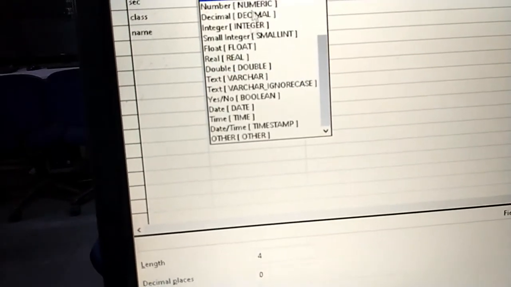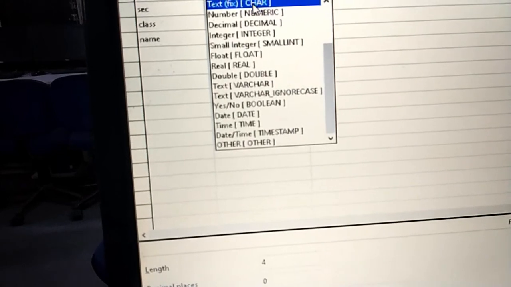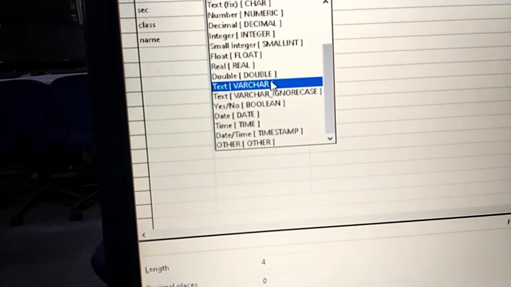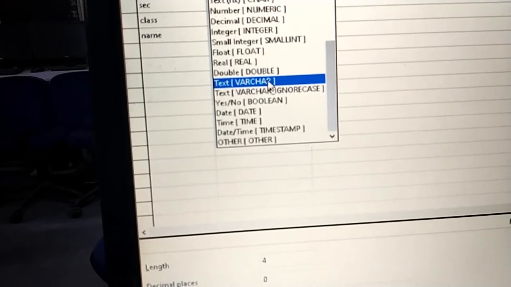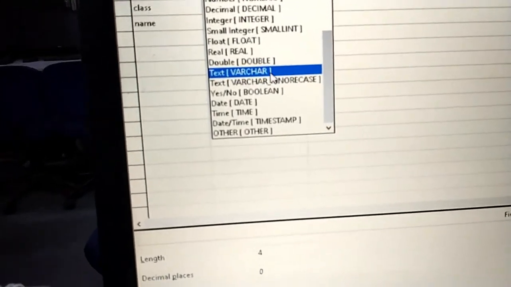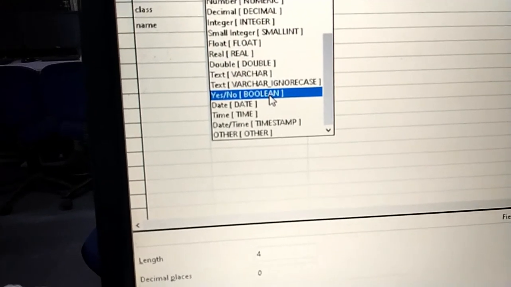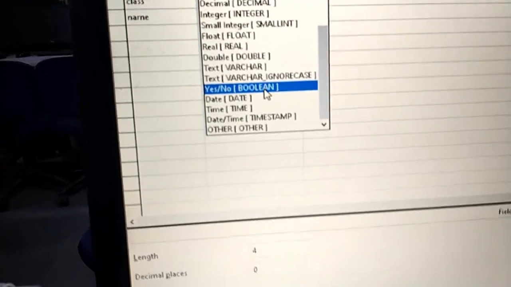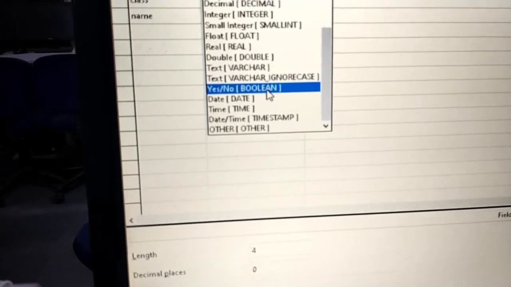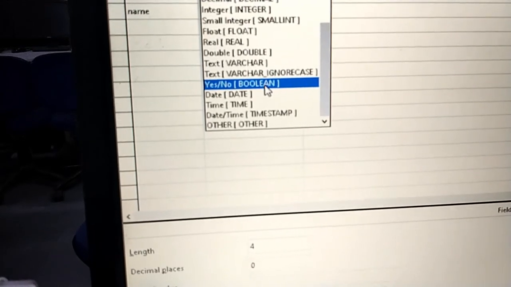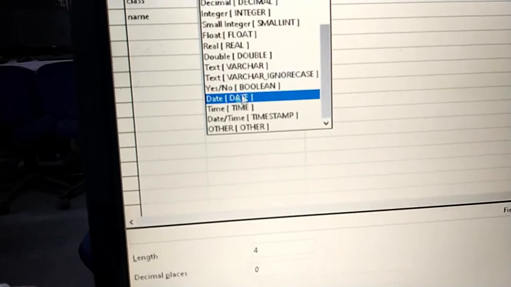Varchar and char, as I mentioned, are textual data types. Char we generally take whenever we are very sure about the length, and in case of varchar, when I have no idea what size of data will be entered by the user, I must take varchar. And boolean is yes or no. For example, if you want to create a field with a question like, do you have a car, and the answer can be yes or no, do you have your own flat, or do you have a mobile or something like that, in this case you can say boolean.